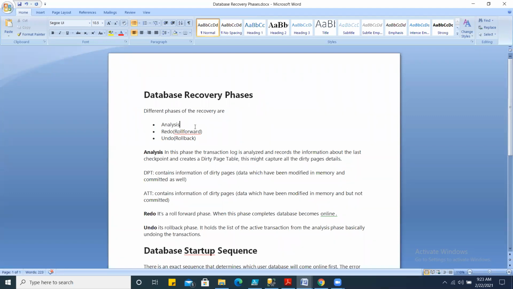You know that SQL Server works on a principle known as write-ahead logging. Whenever you perform a transaction, that transaction is first written into the log cache. Log cache is a memory area, different from the SQL buffer. Like you have a plan cache, you have a log cache also. Immediately after that, the transaction is written into your transaction log file, and your transaction log file is logically divided into multiple VLFs, where each VLF has three states.